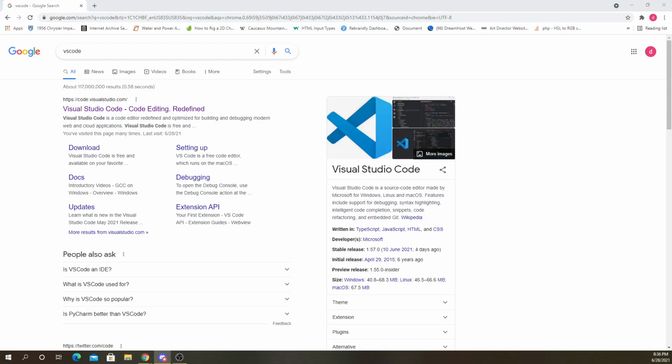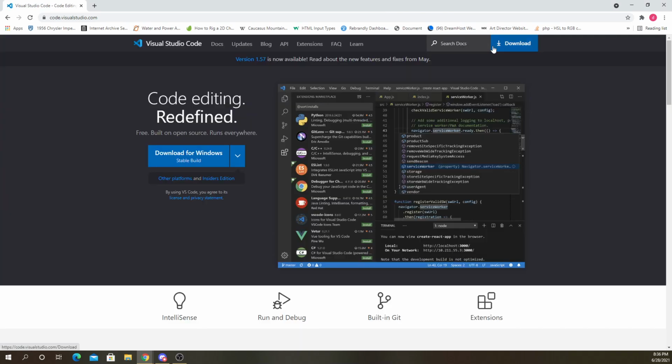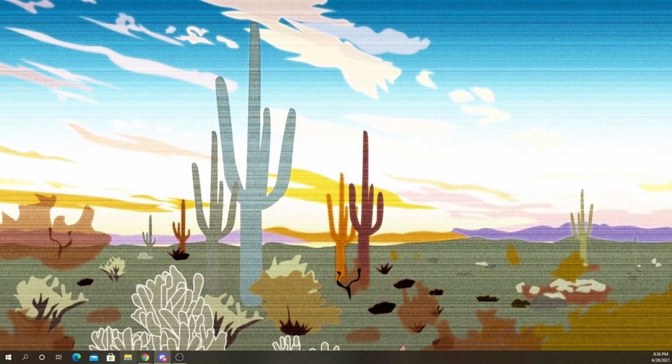So if you don't have VS Code, download and install it. Do you already have it? Okay, good. So if you already have it, then I guess maybe we just need to install a few plugins for WordPress, for VS Code.